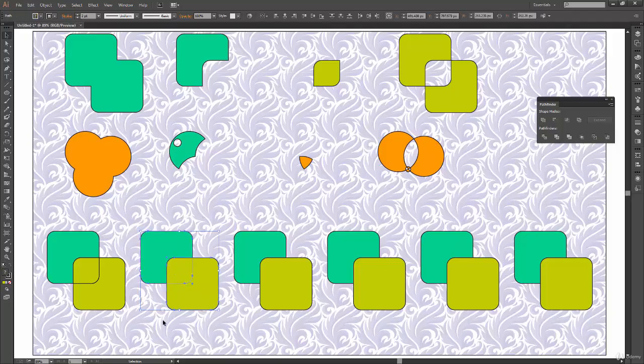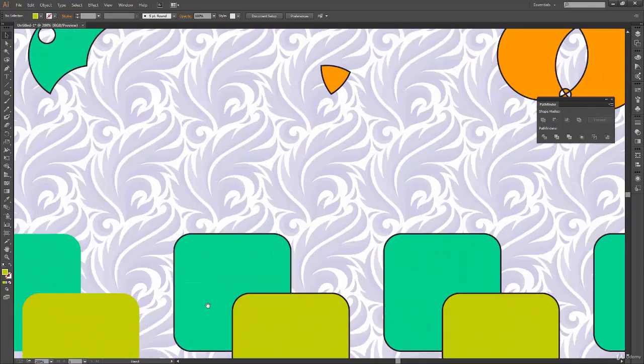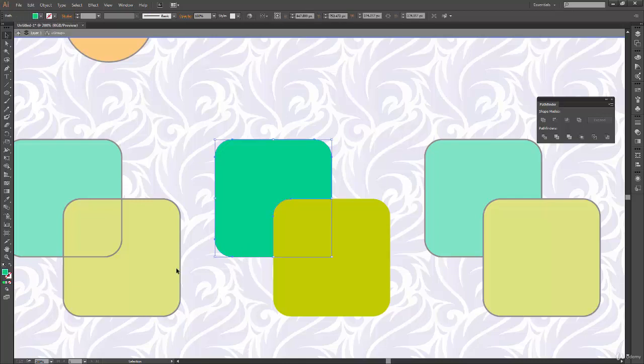So yeah, now let's see the next one, which is trim. So select these two shapes again and click on trim over here. And here something has happened. It has just removed the outlines of my shape. So is this what it was supposed to do, remove the outlines? But we don't know until we double click on these shapes and try to move these shapes, that what exactly happened. But before that, I want to recolor, I want to have my outlines back.